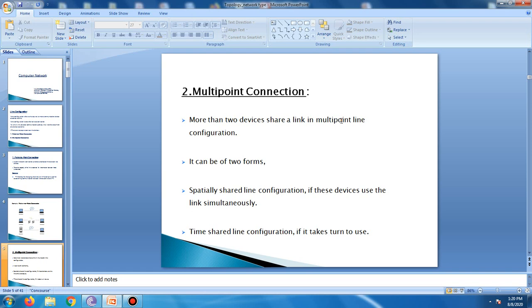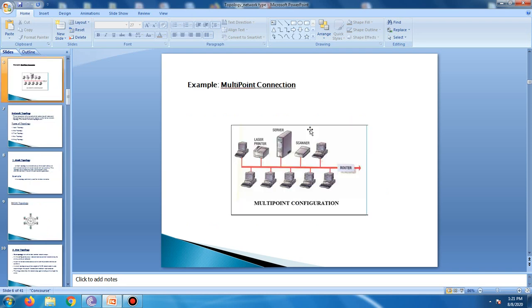Second one, multi point connection. More than two devices share a link in multi point line configuration. It is also called multi drop line configuration. Example: